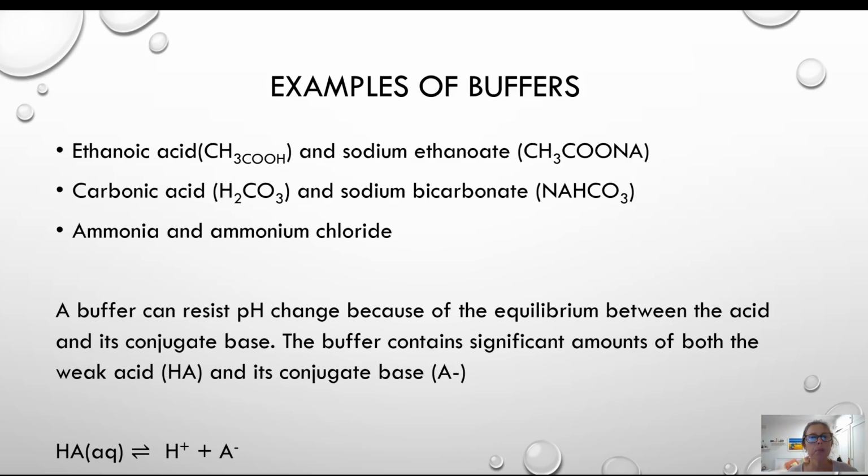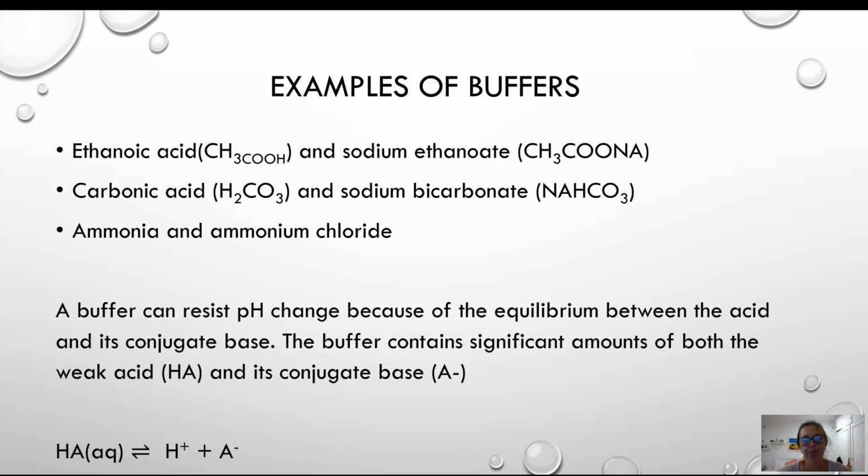Some examples of our buffers are ethanoic acid, CH3COOH, and sodium ethanoate. You would have seen that these were produced when we were doing our titration with our vinegar and our base. Carbonic acid and sodium bicarbonate, again the acid and its conjugate base, are other examples,